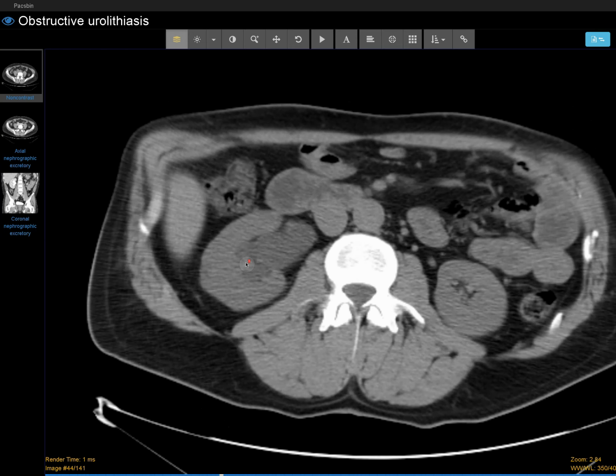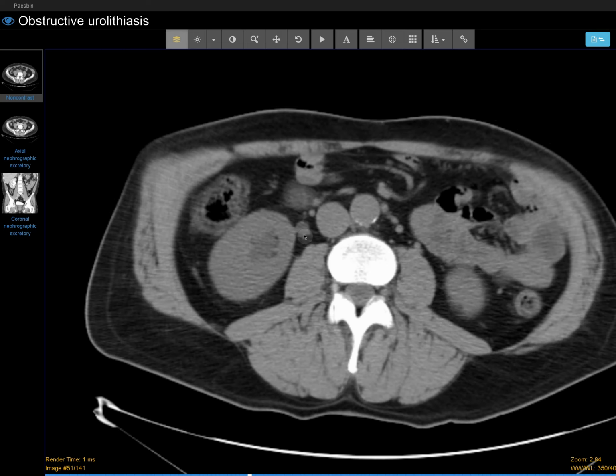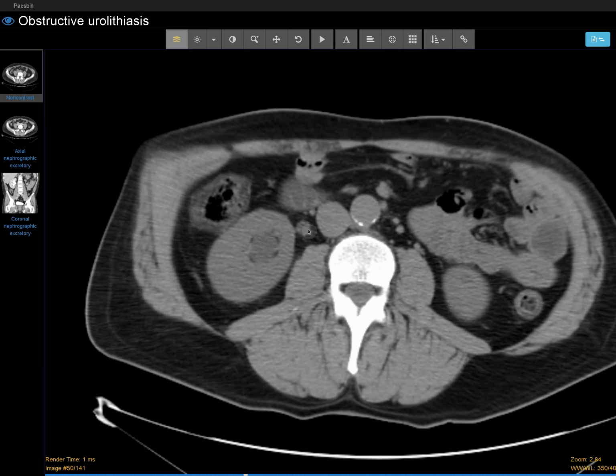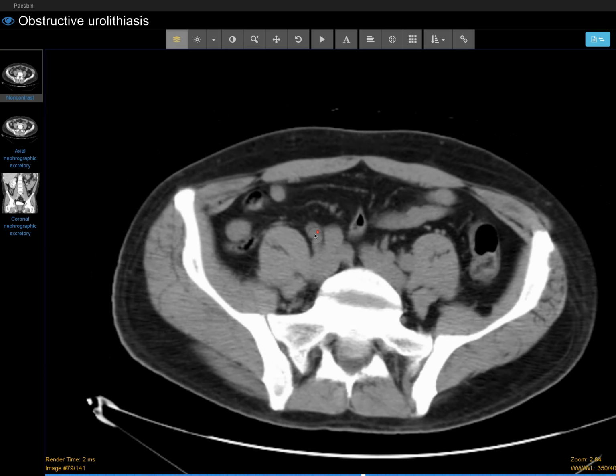So my next thought is, is there an obstructing stone in the ureter, given the history, especially of right flank pain. The ureter is dilated too, so this is our left ureter right here, and our right ureter is much bigger. As you scroll down,